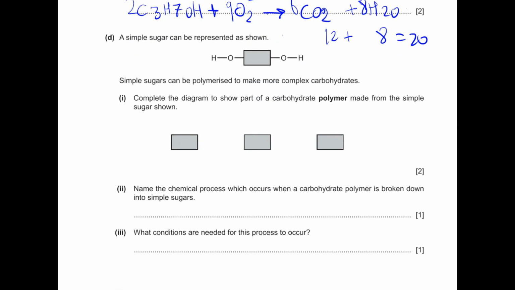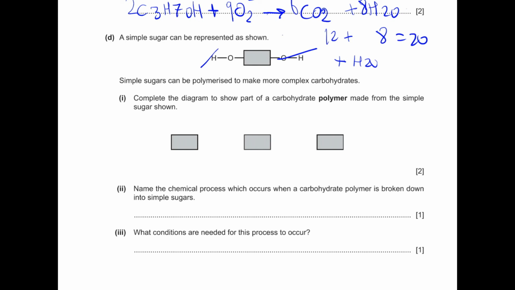Question D, a simple sugar can be represented as shown. Simple sugars can be polymerized to make more complex carbohydrates. Complete the diagram to show part of a carbohydrate polymer made from the simple sugar shown. So when we polymerize a monomer, we're going to take an OH from one side and an H from another side to make H2O. So if we take OH from here,